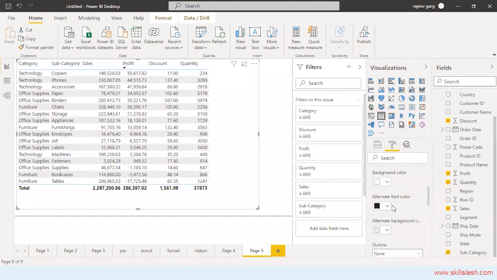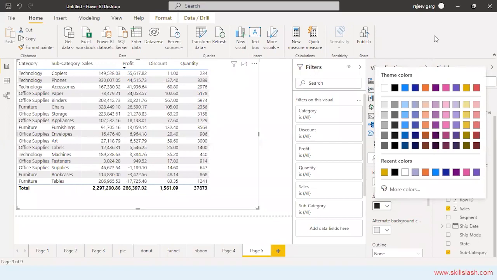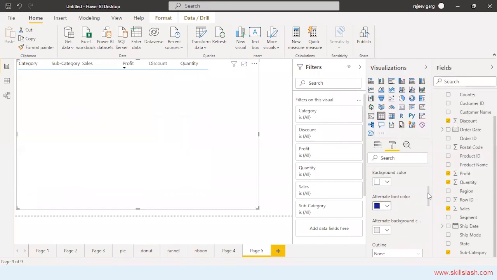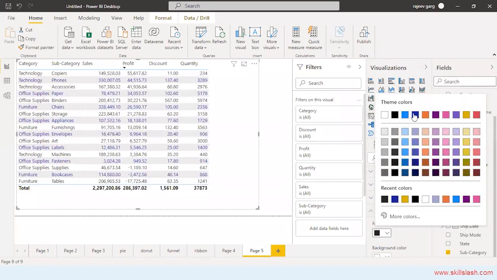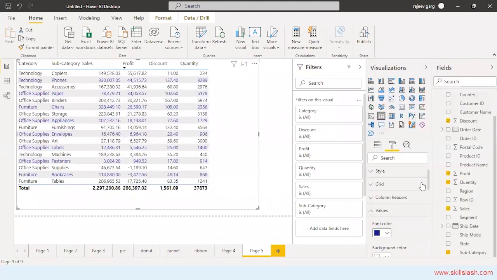Let me change the color. I would like to put some different color. Let me take the blue color over here. So I have taken the font color as blue.